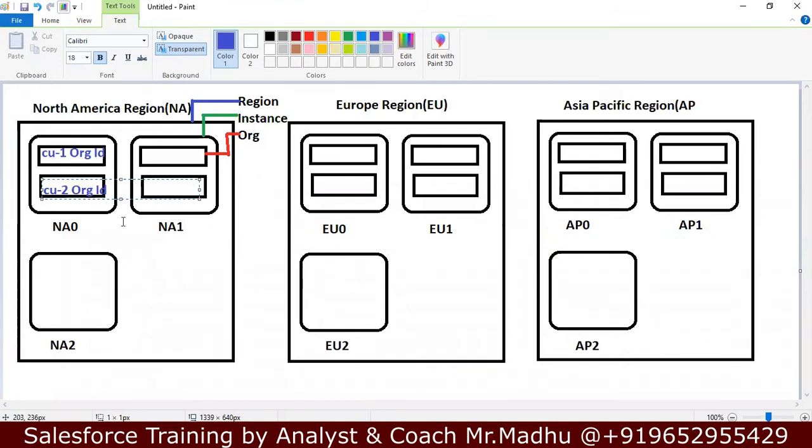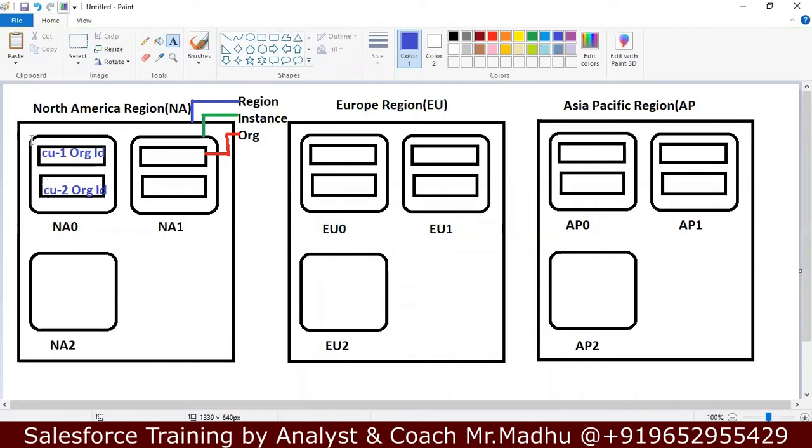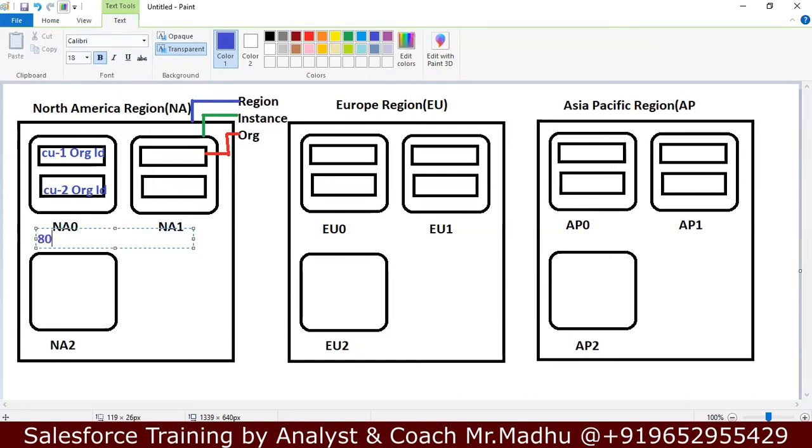Here the second customer came. Like this, it contains some huge memory space. They allocate for about 8,000 to 10,000 argIDs in each instance. Means for these many customers, they create argIDs.